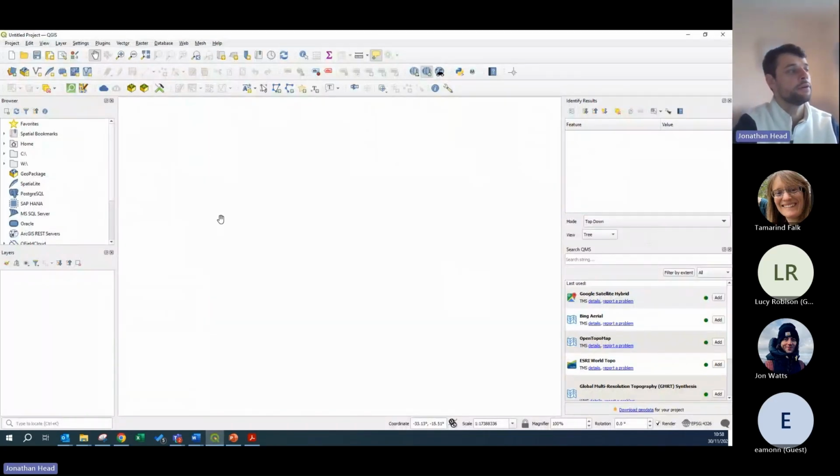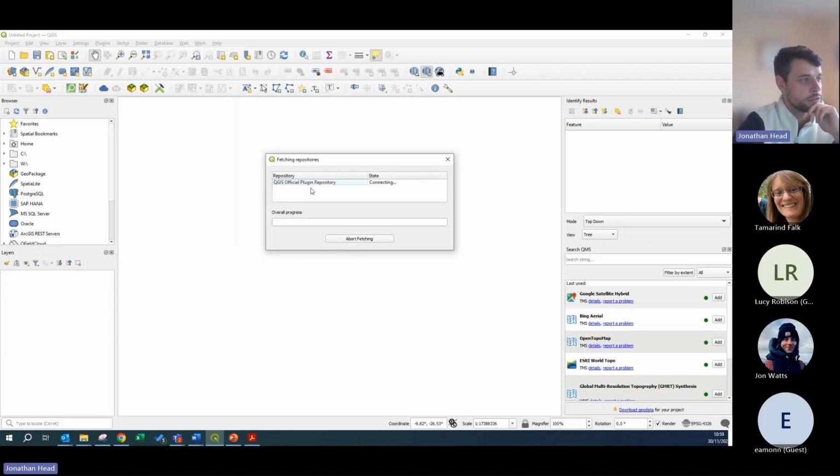So here is QGIS, which I believe you all should have downloaded. The very first thing that we need to do, and you may all have done this already, so apologies if you have, is allow ourselves to put a base map into GIS, which we can then compare to the satellite imagery. The way to do this is if you go into plugins and then manage and install plugins,